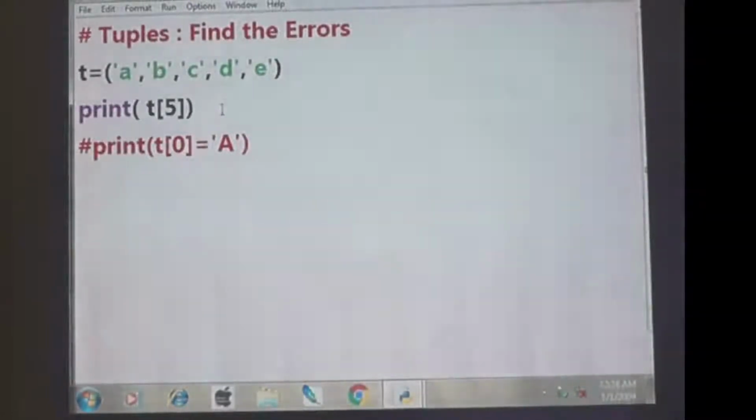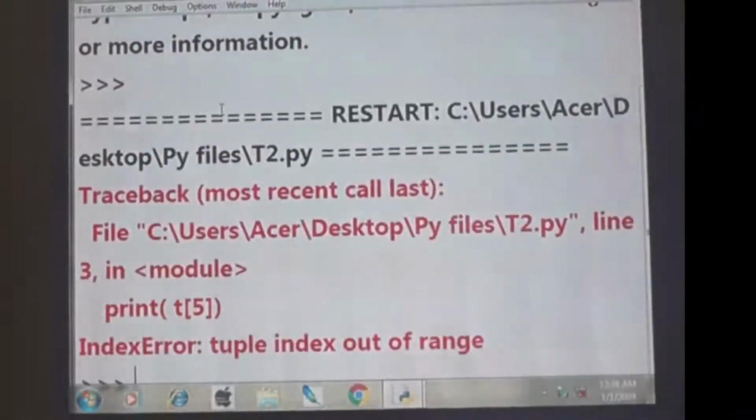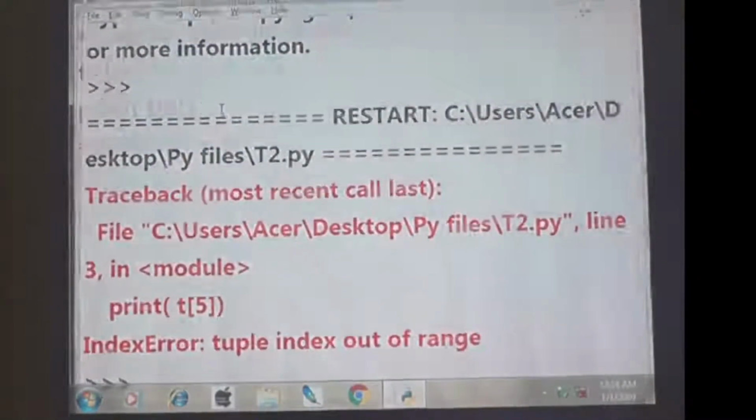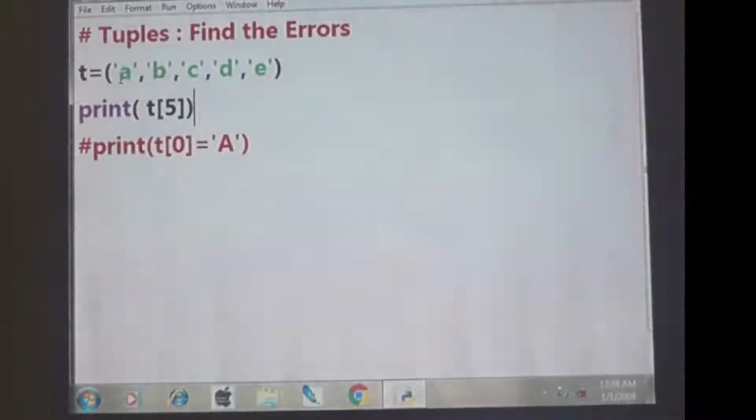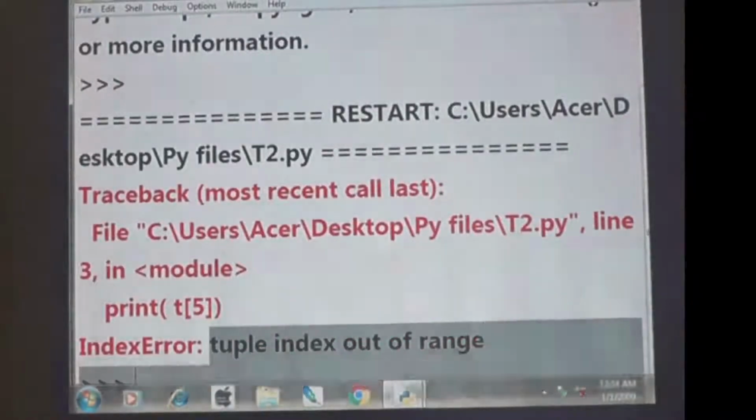So T of 5, it shows an error. Why? Because this is T of 0, T of 1, T of 2, T of 3, T of 4. Up to T of 4 is there, but there is no T of 5. That's why it shows the error. What error? Tuple index out of range.